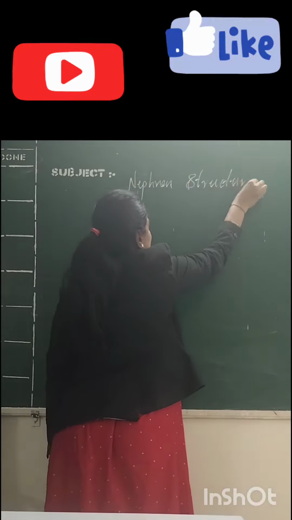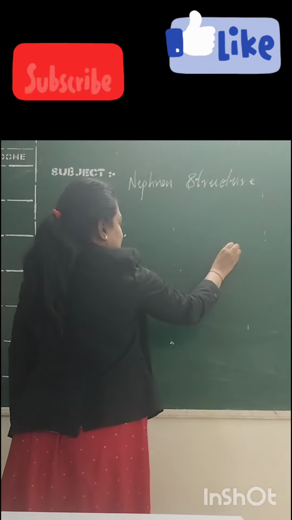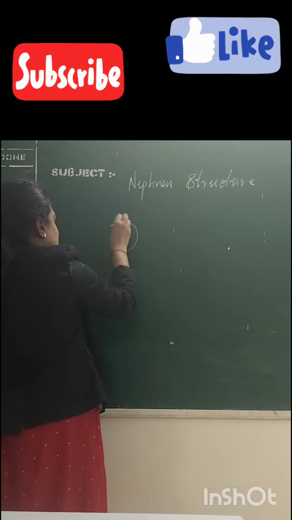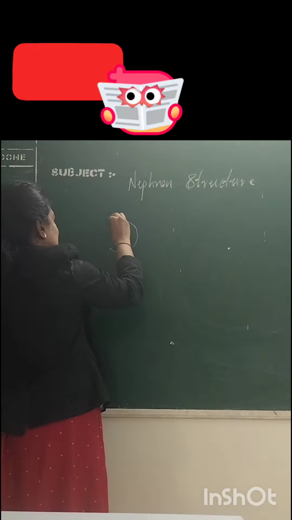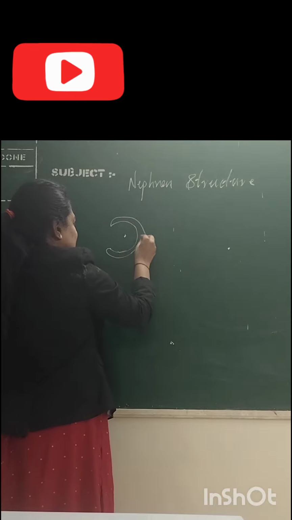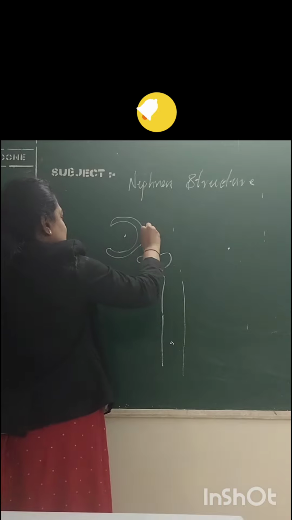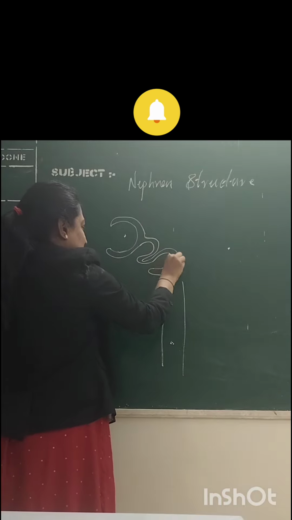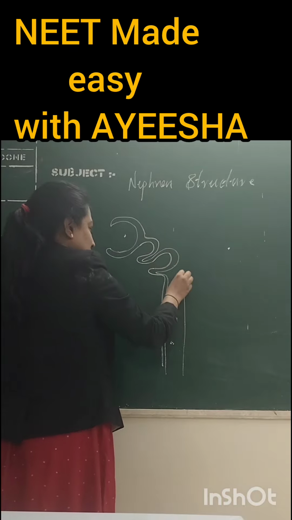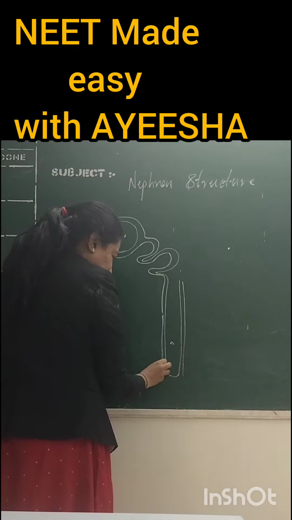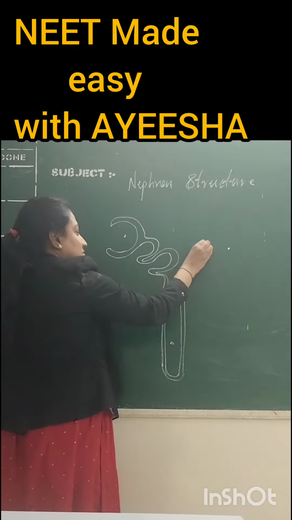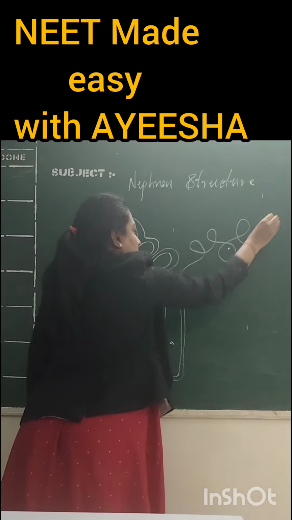Today we are going to quickly learn how to draw the structure of the nephron. As you can see here, I have put the 3 dots. If you follow these steps, it's very easy to remember and the diagram will be very neat and clean. See how it has been inverted, the cap-like structure, Bowman's capsule, and how the loop of Henle has been twisted around the circle for the collecting duct.